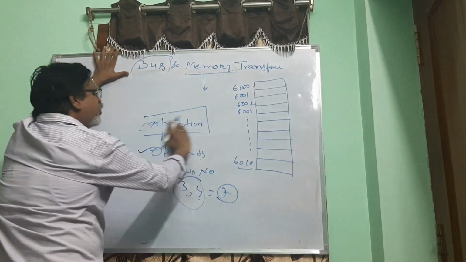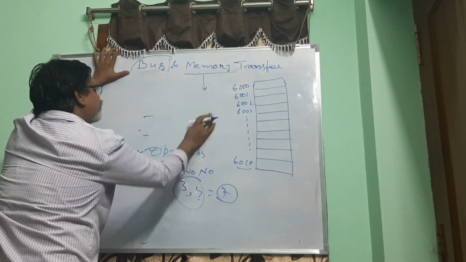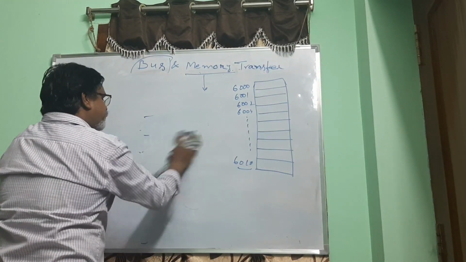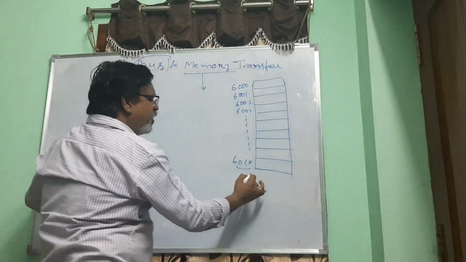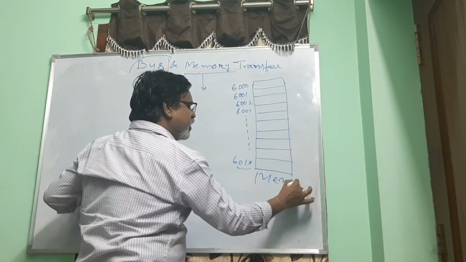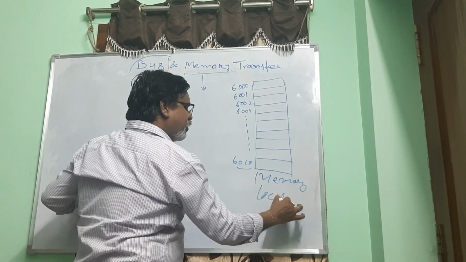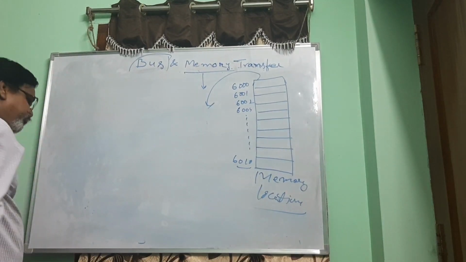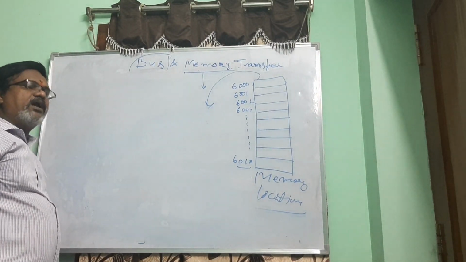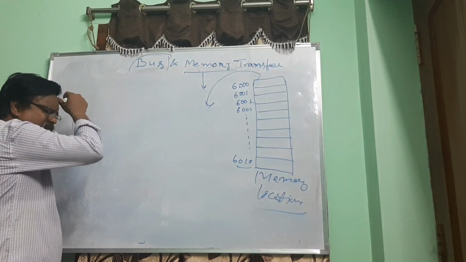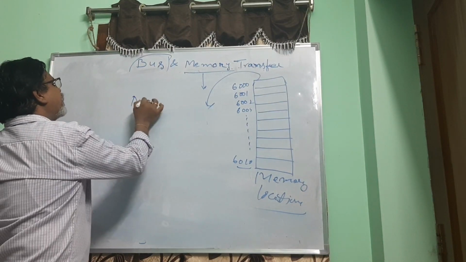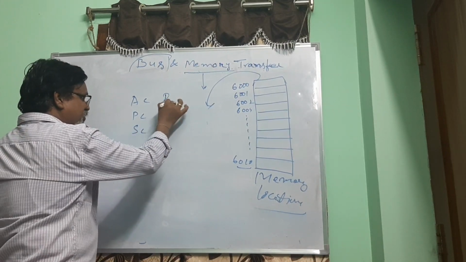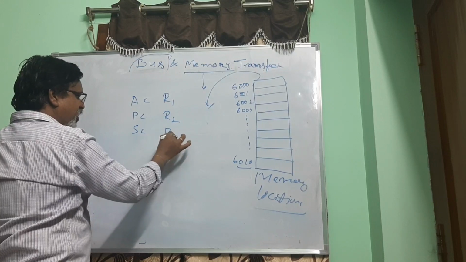Now here also, whatever the operation you want to perform, the data on which you are going to perform the operation may be available in these memory locations. So how will the data of these memory locations be transferred into a normal register? See, as I told you, there are many registers: accumulator, program counter or sequence counter, register R1, register R2, register R3 like this.